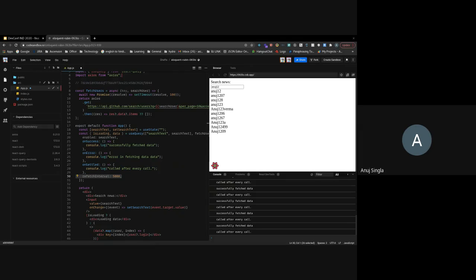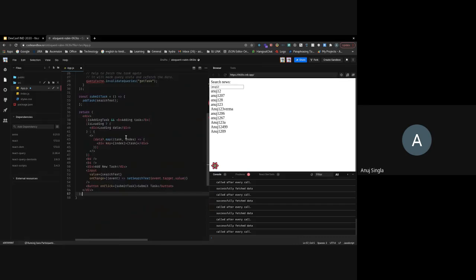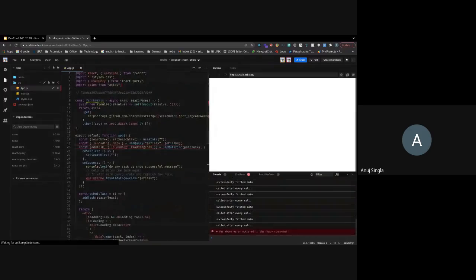Cool. So now we will see how to use useMutation. It is also very simple. Actually, I don't have any post query dummy data, so for that I just used